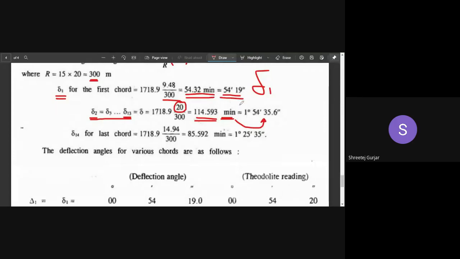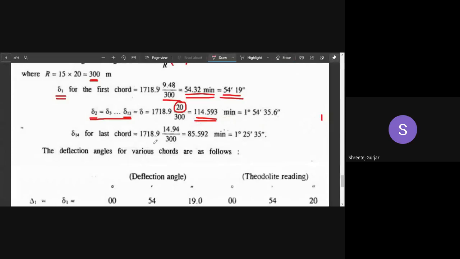Or you can directly substitute this in the calculator. I hope you know how to substitute in the calculator and calculate it in degrees. So you have to substitute as 0 degrees, 114.593 degrees. Okay, in this way you have to substitute in the calculator and press equal to. It will give you the answer in degrees. It will say 1 degree, 54 minutes and 35 seconds. In this form it will give you directly if you just press equal to. You can try it out later on in your calculator.